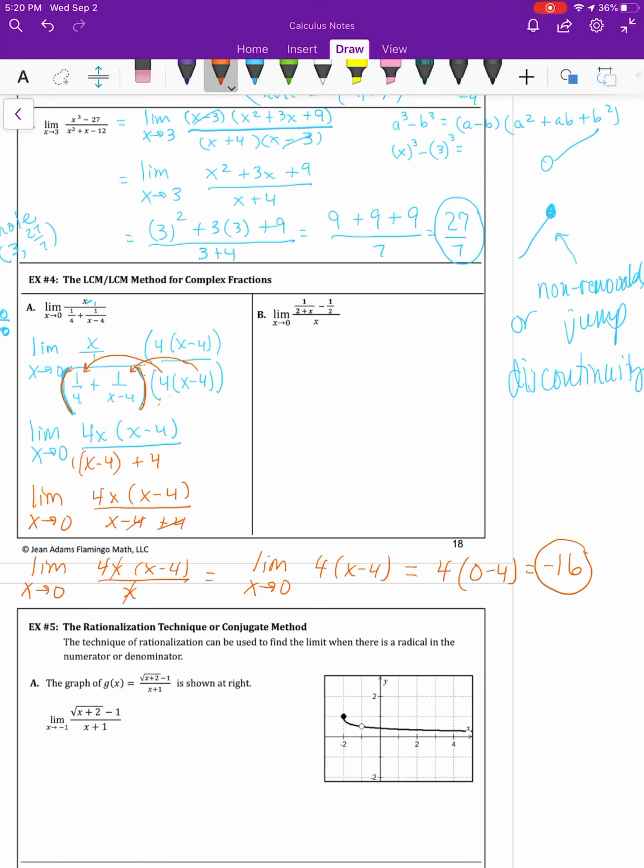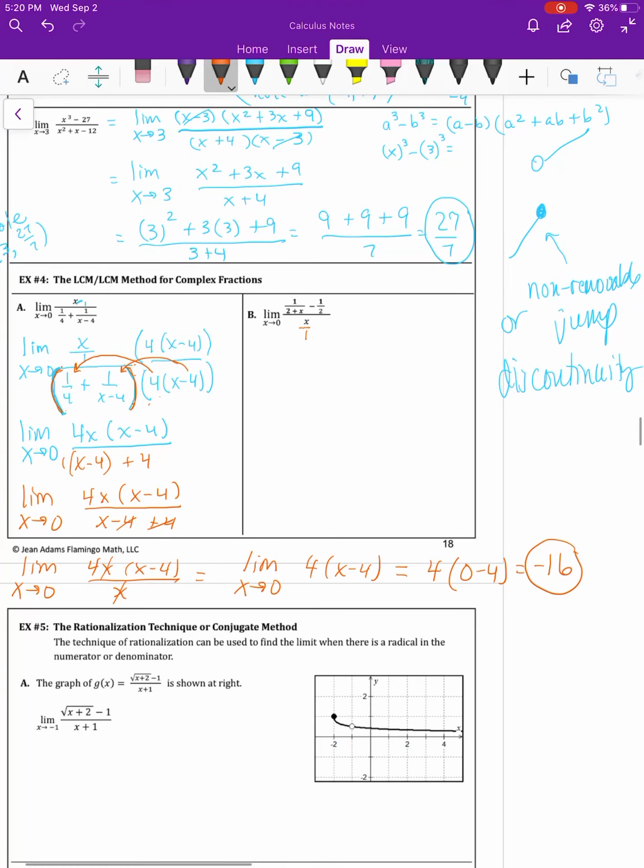Okay, that's called the least common multiple method, because you looked at all of your denominators, and then figure out what your common denominator is. So my common denominator is going to be 2 times 2 plus x. So I have to multiply by a fraction that equals 1. So I figure it out. I looked at this one, and this one. And I said, okay,